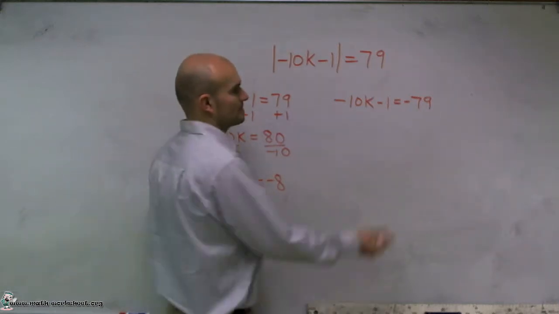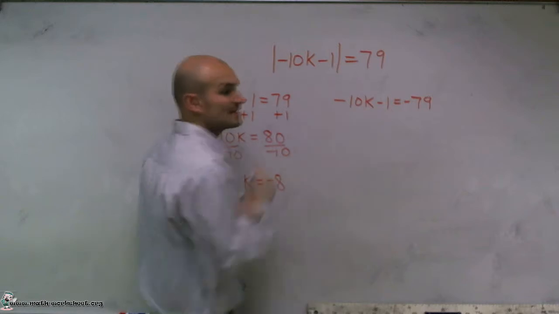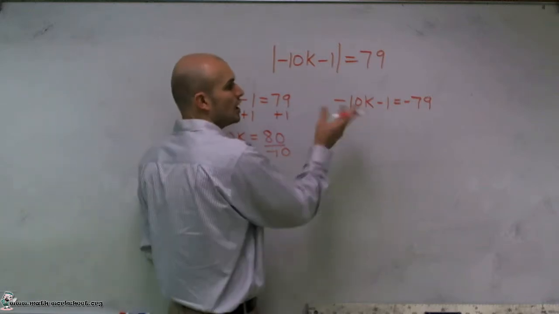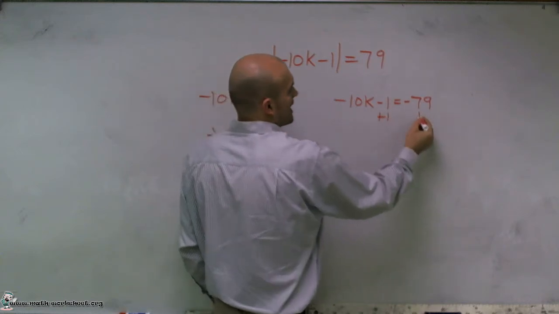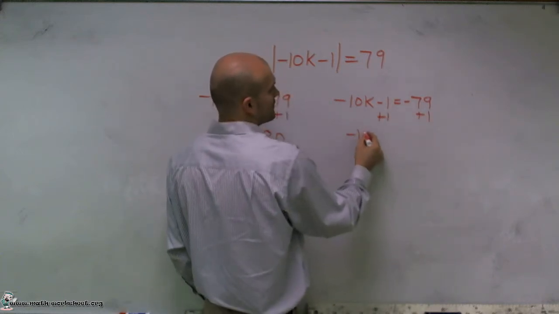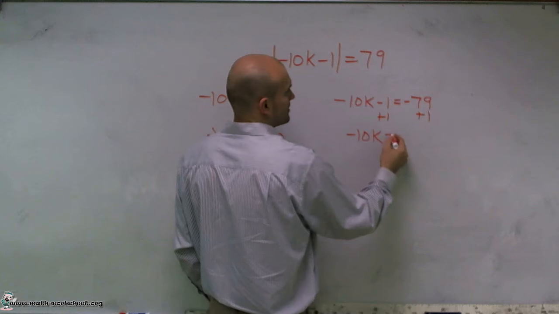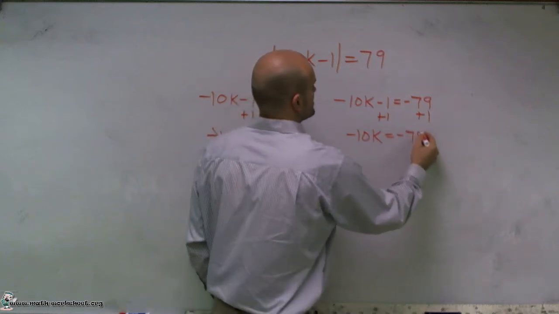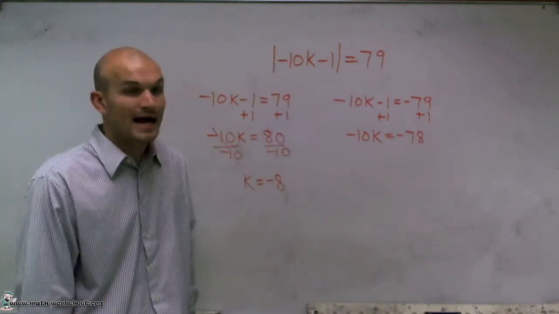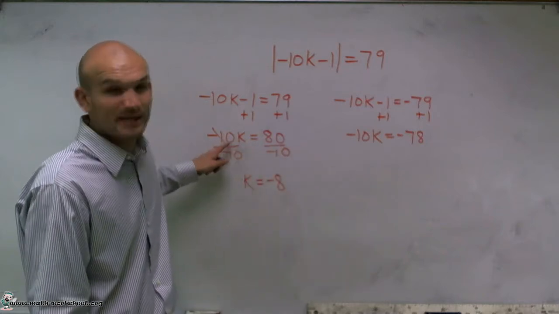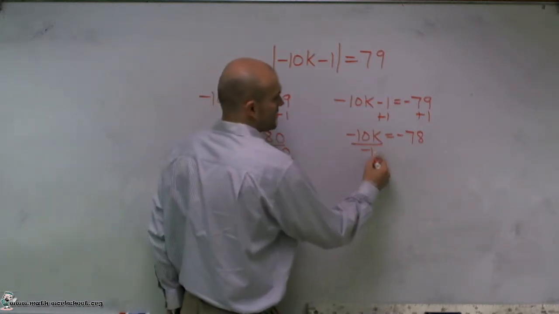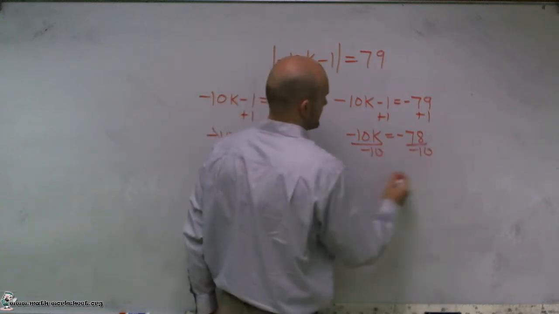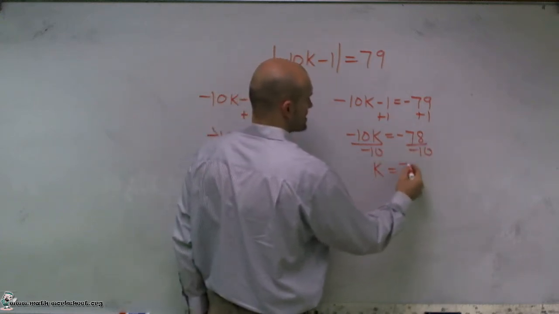The next one. Here to solve for k, I need to isolate my k. So the first thing I'm going to do is undo addition and subtraction. So I need to undo my subtraction of 1, so I'll add 1 to both sides. Therefore I obtain negative 10k equals negative 78. Now, again, I need to undo multiplication by negative 10 like I did in the previous problem. So to do that, I'll divide by negative 10. And I get k equals a positive